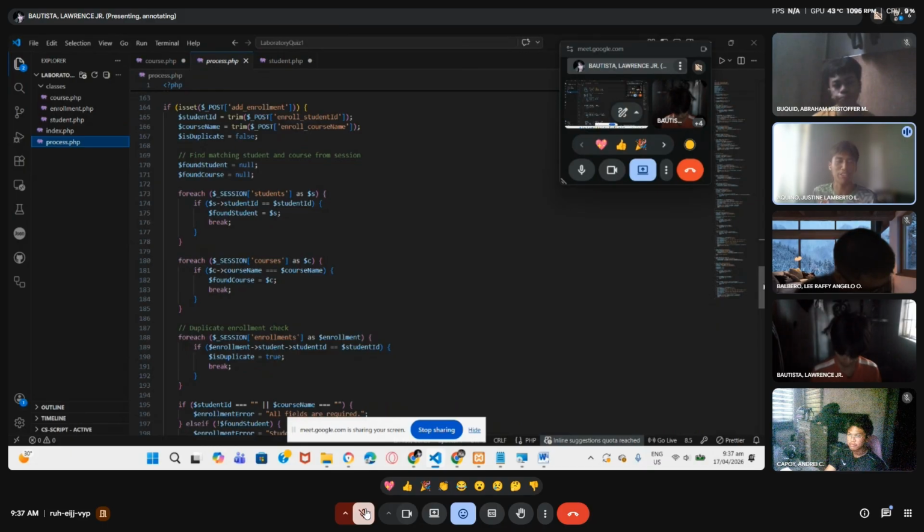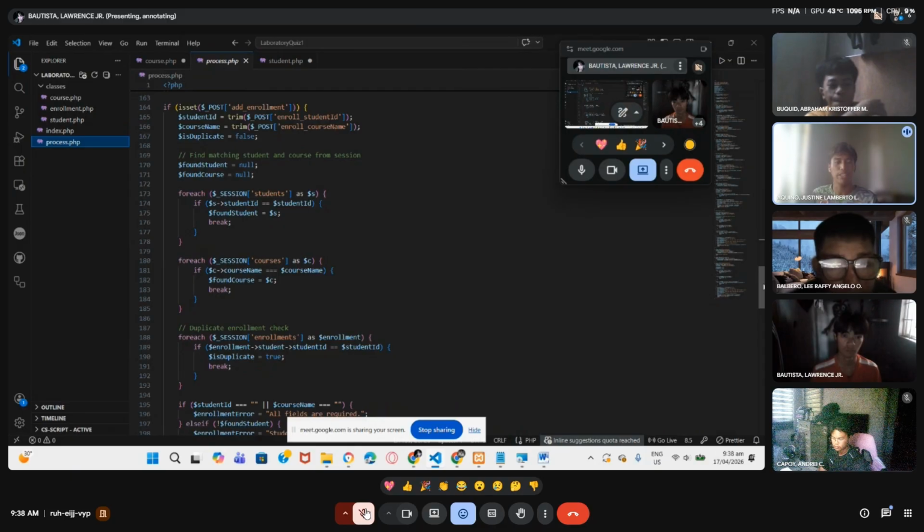Now talking about the create method, adding a new enrollment. This is a static method, meaning you can call it directly on the class itself without needing an existing object. Now, the step by step is to validate the student ID. It checks that the student ID is a number greater than 0. If the check fails, it immediately returns an error message and stops.